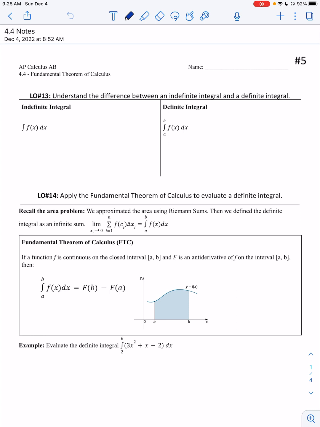Before we start with what that theorem is, we are going to discuss the difference between an indefinite integral and a definite integral, which are two things that we've been talking about in our class. Both of these involve doing an antiderivative. An integral is an antiderivative. So for the indefinite integral, let's write,